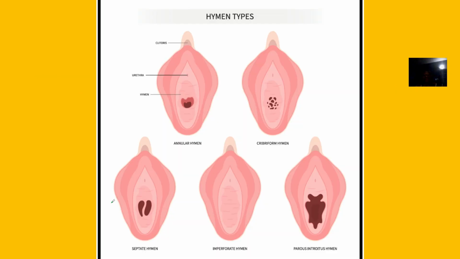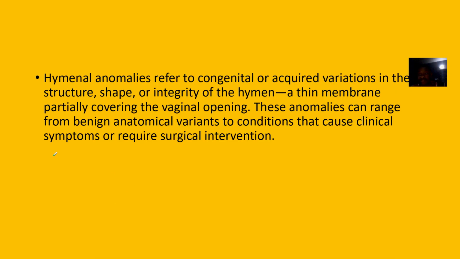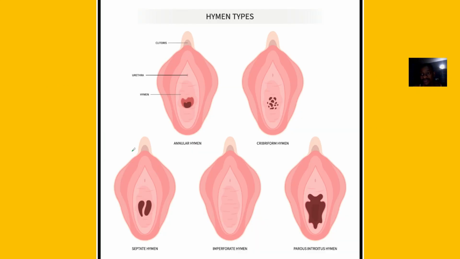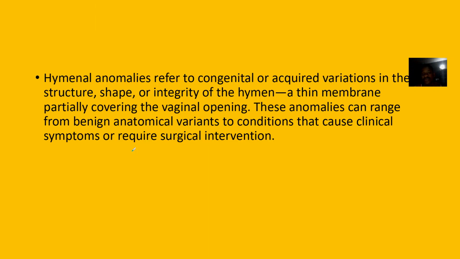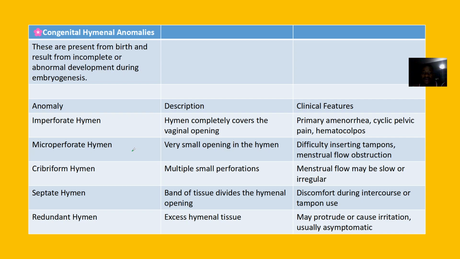It just refers to congenital or acquired variations in the structure of the hymen, how the shape is, how the integrity is. Do you understand? These anomalies can range from benign anatomical variants to those that cause a lot of issues to the person. So they can range from things with no issue to the ones where there's an issue. You understand? For the different types of hymenal anomalies that we have, you can have imperforate hymen,